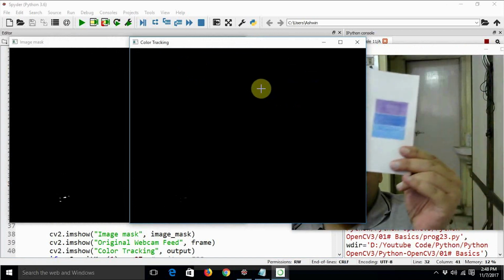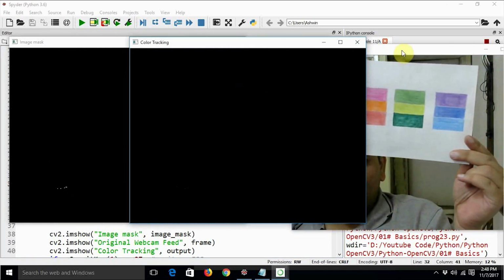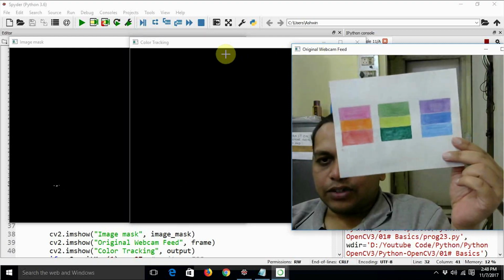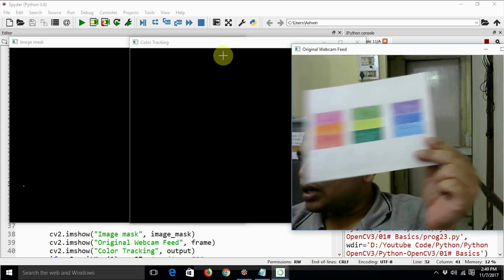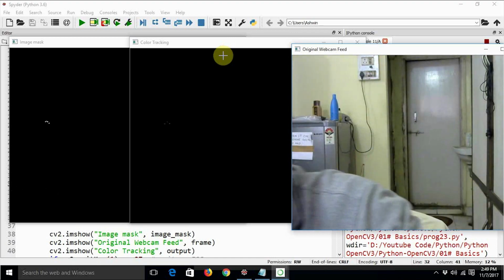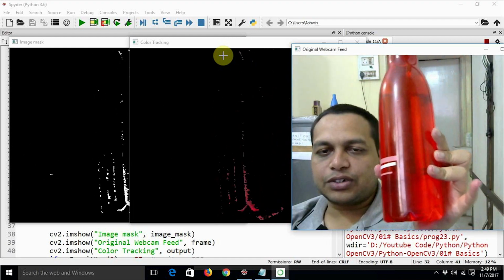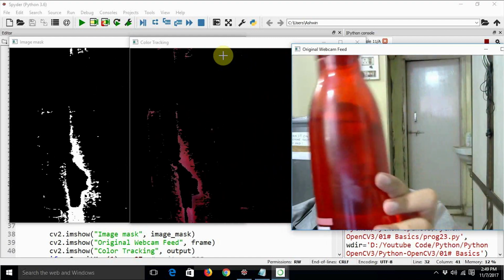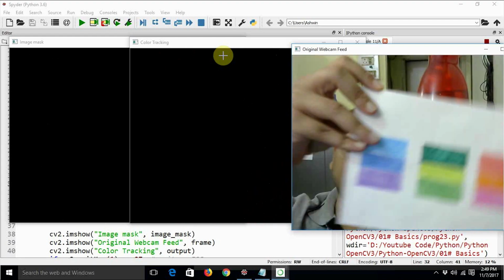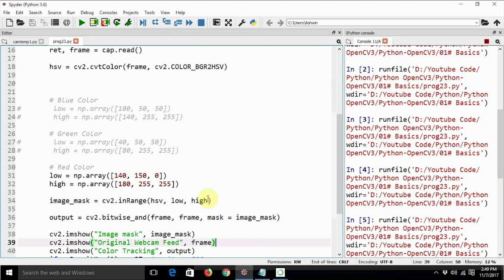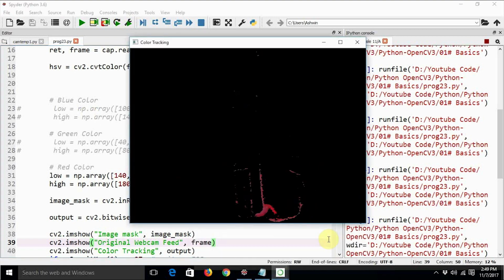So here we have the red color, but it is not identifying any of those colors I have actually filled the boxes on the board with. I have a red water bottle here. Let's see whether it is okay. It is able to identify a few shades of red color on this water bottle. Otherwise, normally it is not able to identify the other red colors. Probably the range of red colors that we use requires even finer tuning than the green and blue ones. So try to find out the appropriate range. Take it as an exercise.